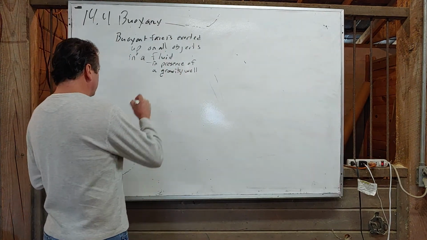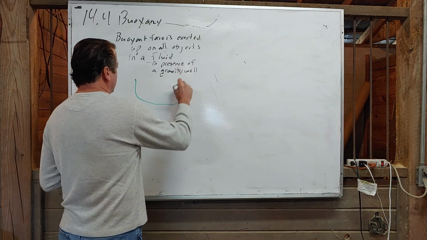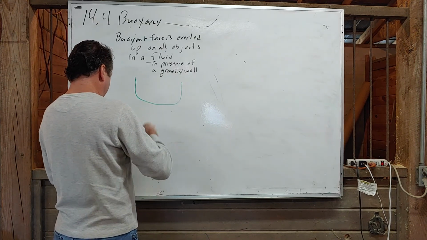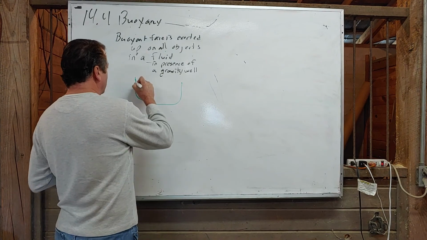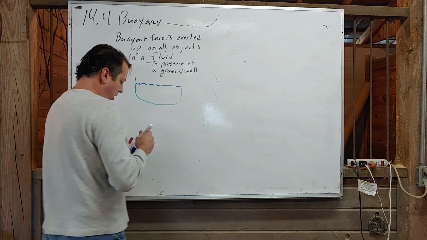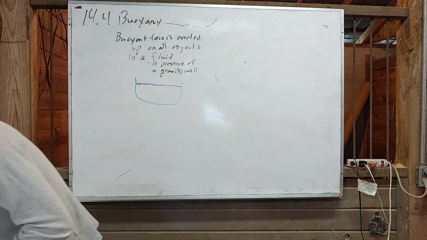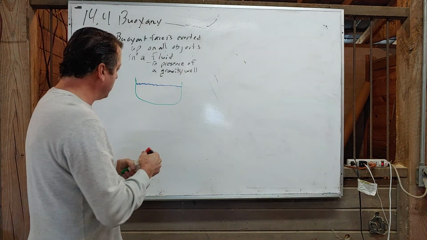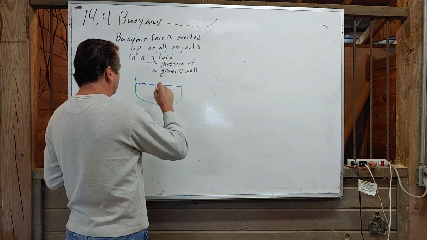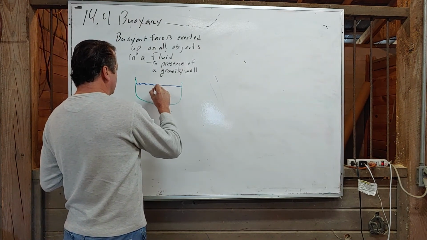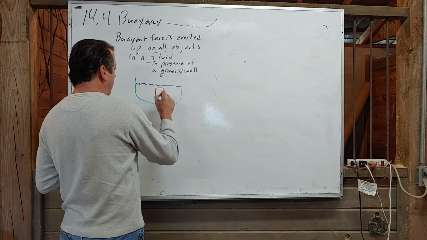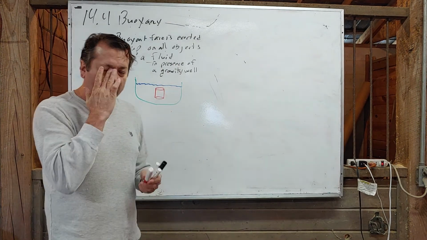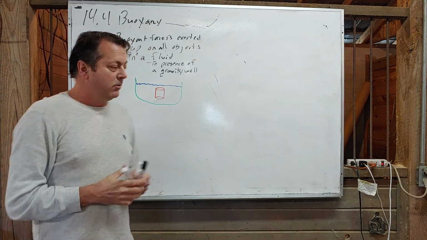Well, let's look at our container here. And in this container, we got some fluid. We'll call it water. It can be whatever we want. And let's draw something inside here. The book does a cylinder. It doesn't matter. It can be a rock. It can be a box. It can be,